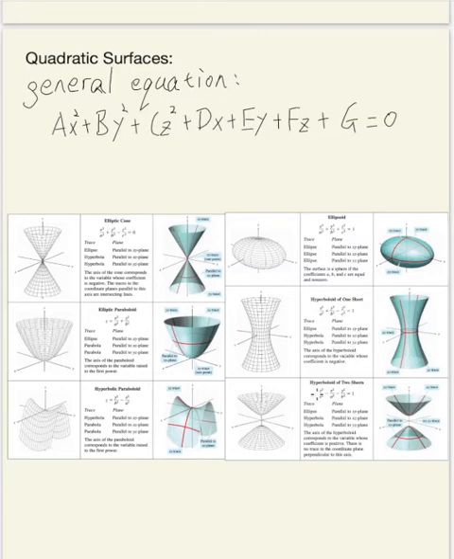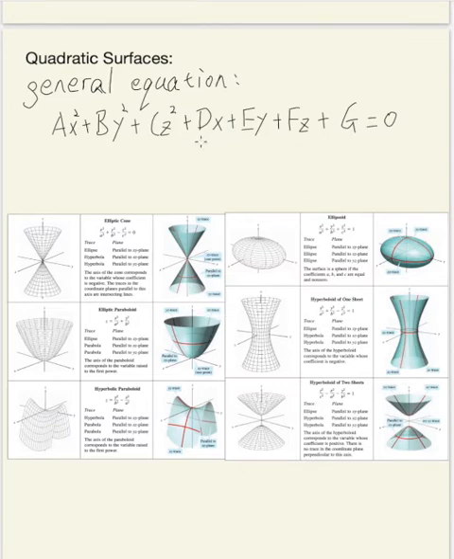So, what I can do is let me show you, for example, how we know this equation looks like an elliptic cone. So the first thing